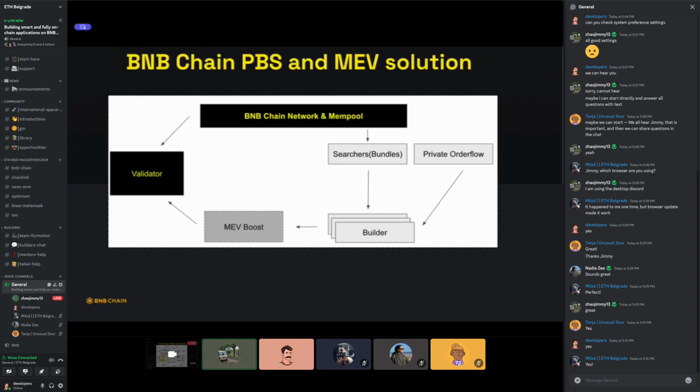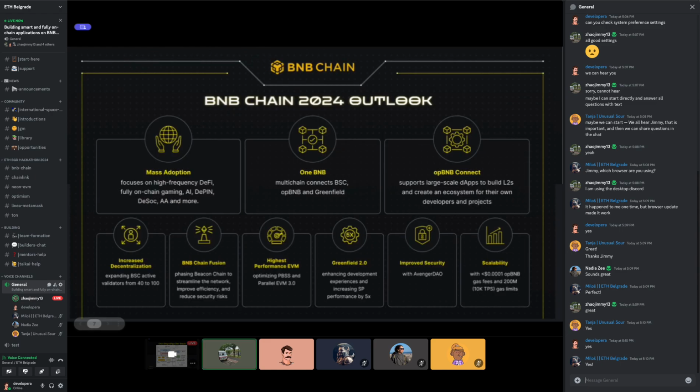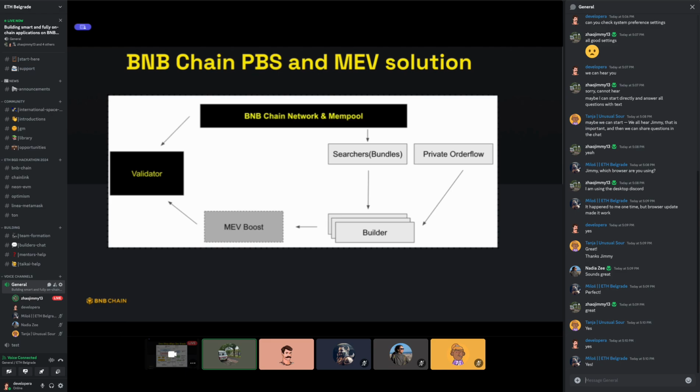So first, I'm going to introduce the BNB Chain PBS, which is the proposer and builder separation and MEV solution. It's a part of the BNB Chain Fusion, just in this slide. So we are going to introduce the MEV boost based solution as a sidecar to the validators.